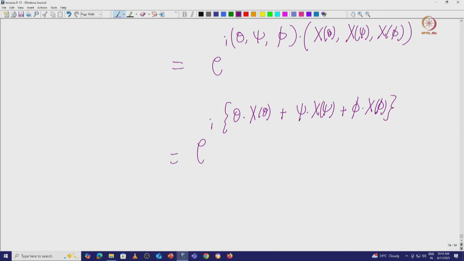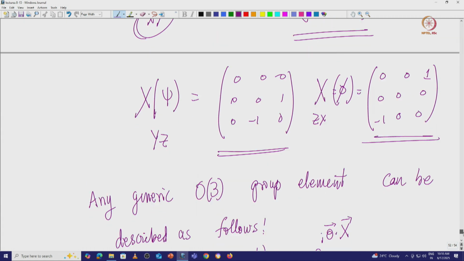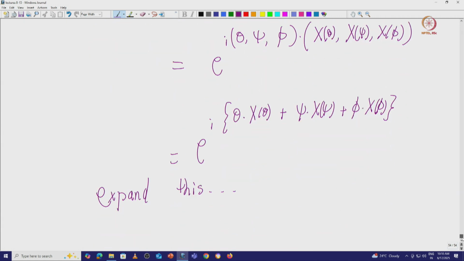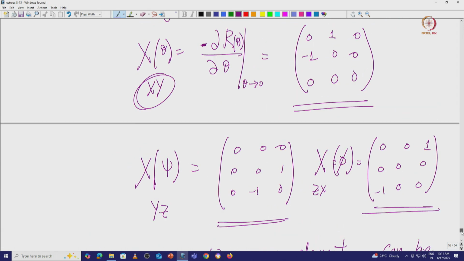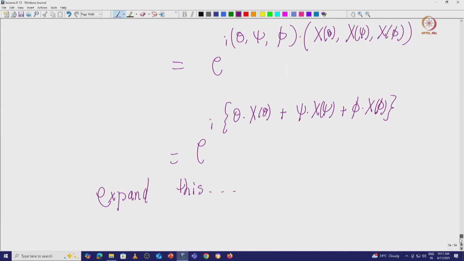So this is the most general group element. Now if you expand this, you can expand this. Okay, you can expand this. I will not go into the details of this. What you will end up with, you can formulate the group axioms essentially, meaning what is called the algebra of the group. So you end up with, and this is why these generators are important,